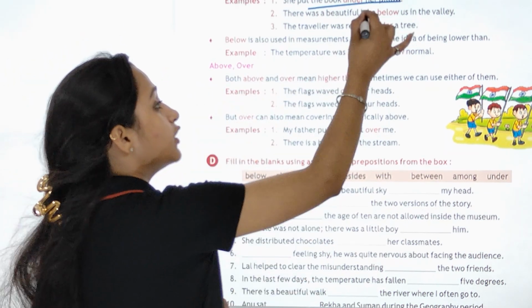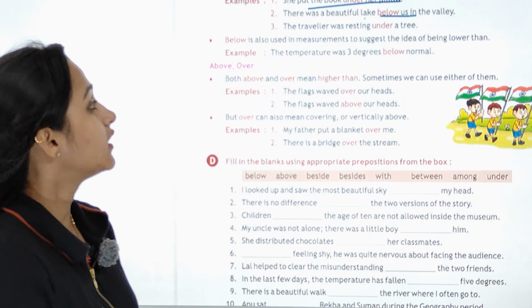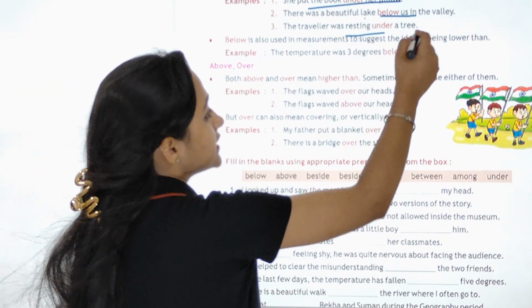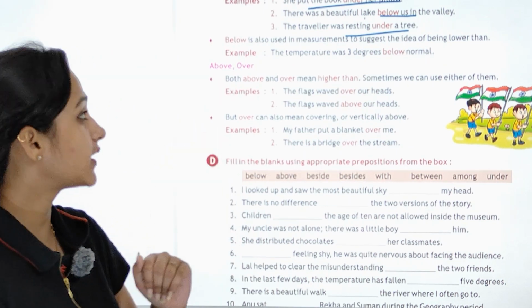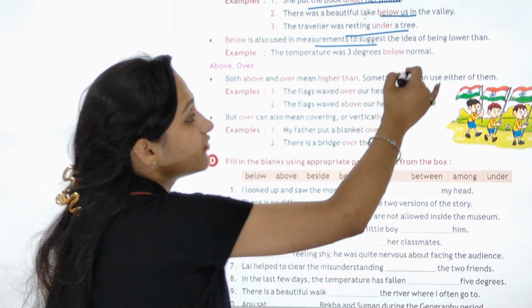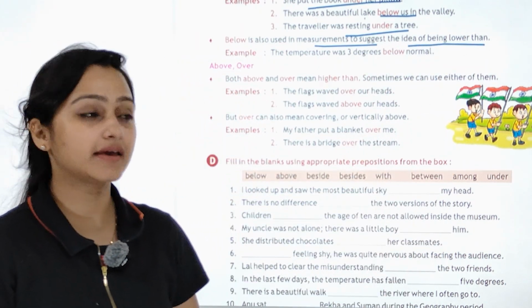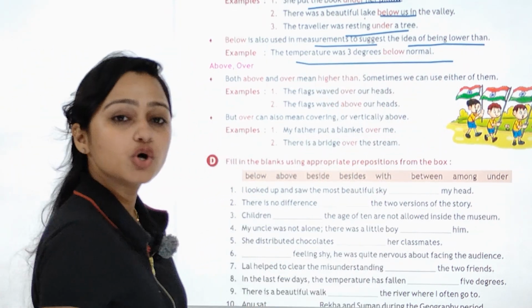There was a beautiful lake below us in the valley, हमसे नीचे, below us, vertically तो नहीं है but हमसे नीचे है. So the traveler was resting under a tree, tree के just under, मतलब वो touch भी नहीं हो रहा, space. So below is also used in measurement to suggest the idea of being lower than, ये measurement में भी use होता है suggest करने के लिए idea कि वो नीचे है. If the temperature was 3 degrees below normal,